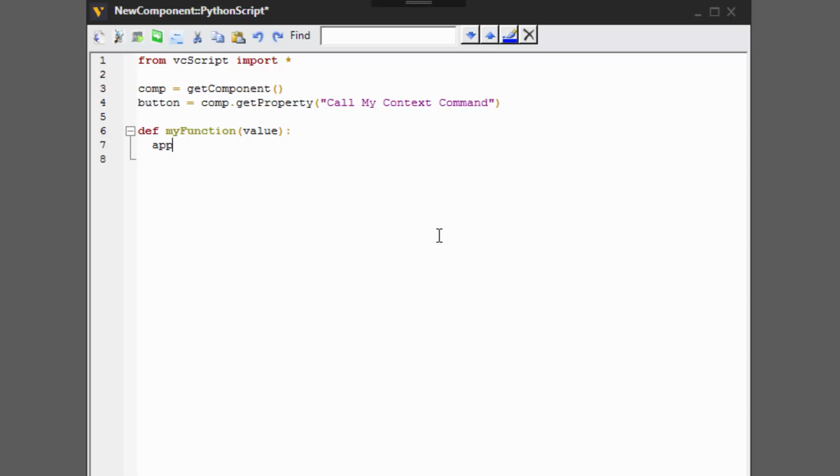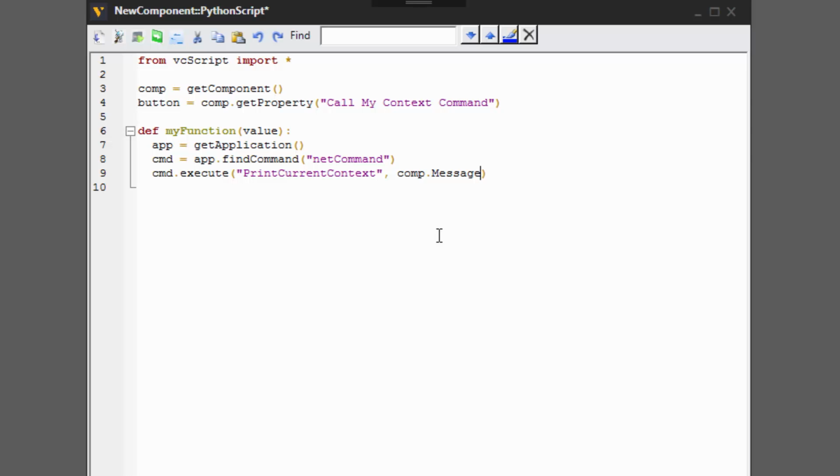And now we want to get a handle for that net command again. So get a handle for the application, then find the command, and then execute the command. So command.execute. The name of the command is print current context. And let's go ahead and pass it the value of that string message we set up in the component, that message property. So I'll say comp.message, and since the component property is global, I can just reference it like this and it will just give me the value.